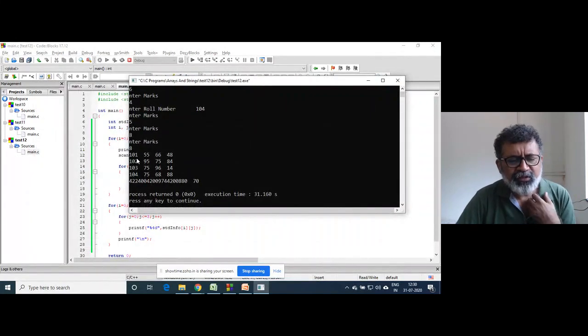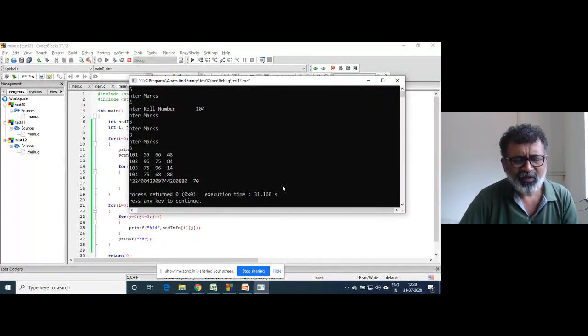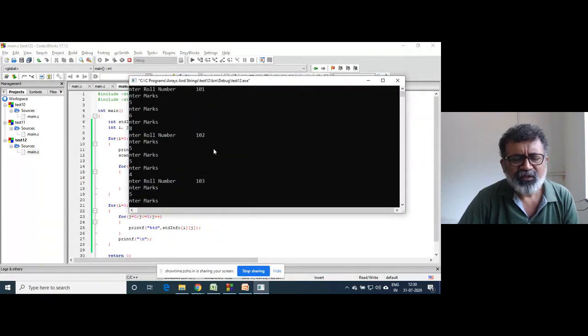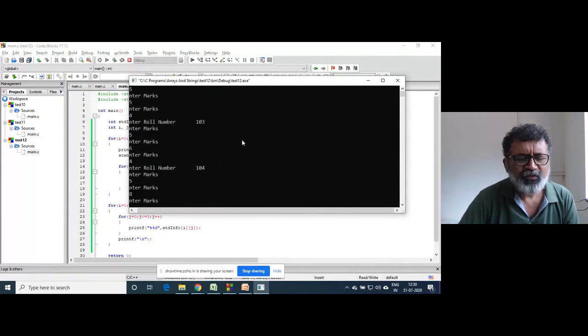Okay, so 101, 102, 103, 104. Probably the loop executed one more time. Something might have gone wrong. Some junk values are printed. How many inputs did we give? 101, 102, 103, 104.